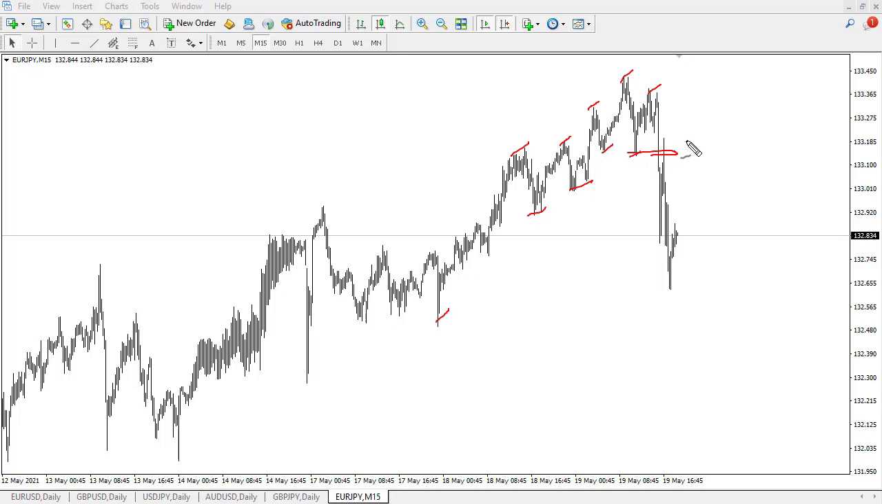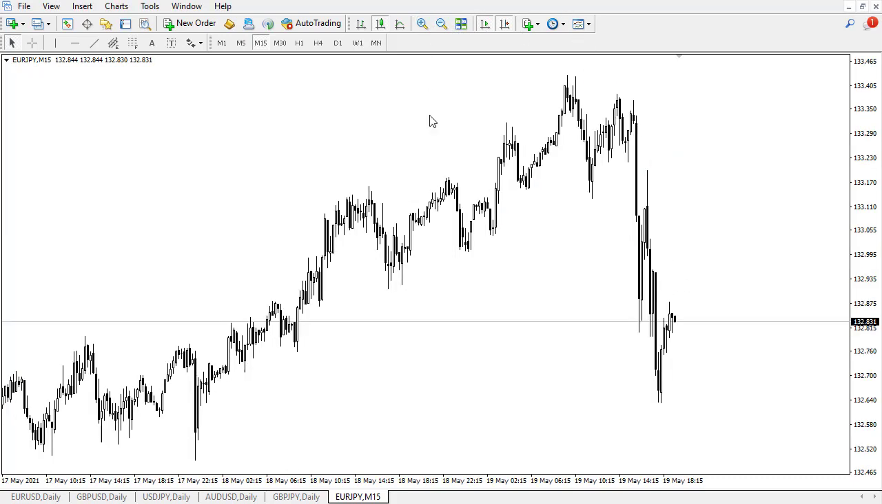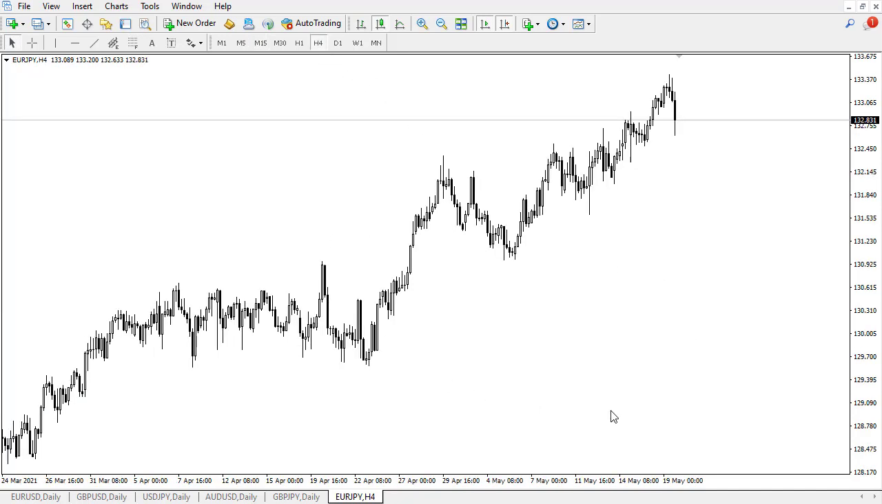We break here. That confirms that the trend has changed. And that is true, except it's the 15-minute trend, right? So look how bearish, how negative this looks all of a sudden, right? Now watch what happens when I take this very negative looking chart and move it up to the 4-hour time